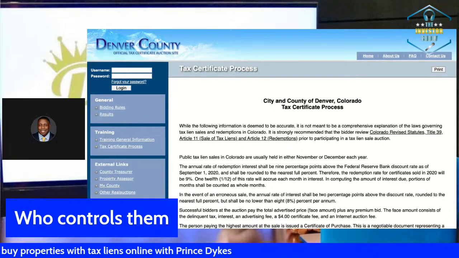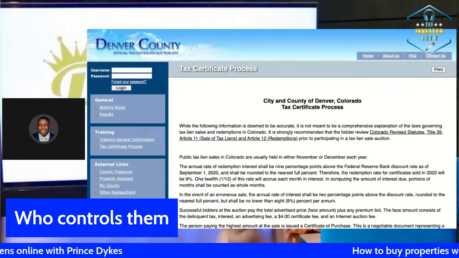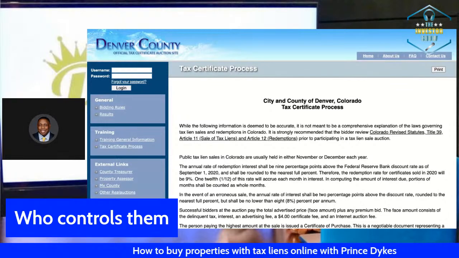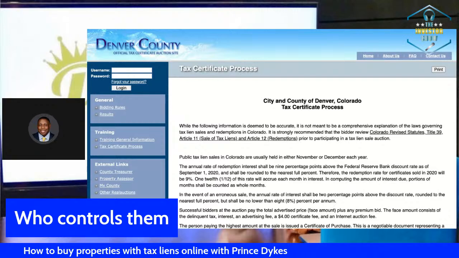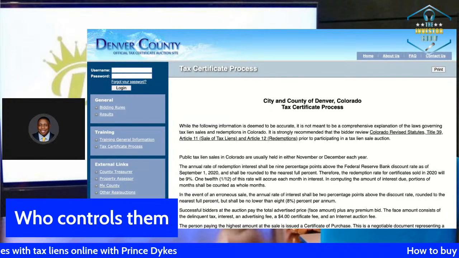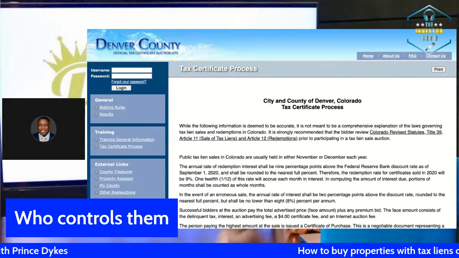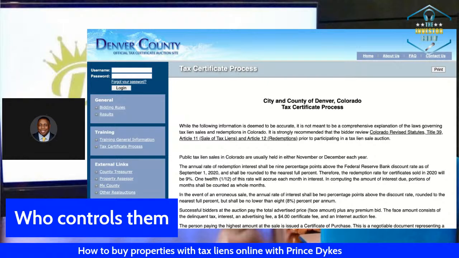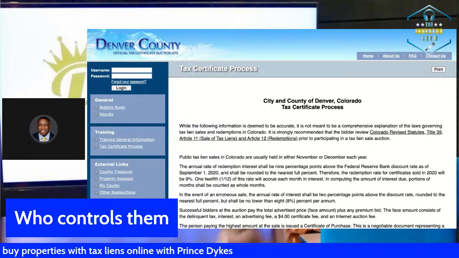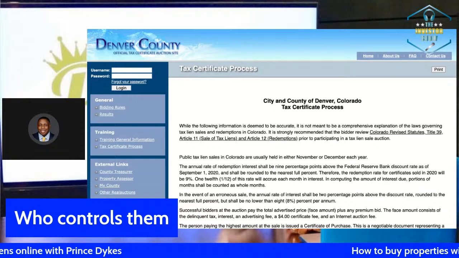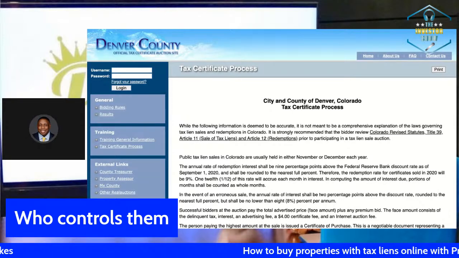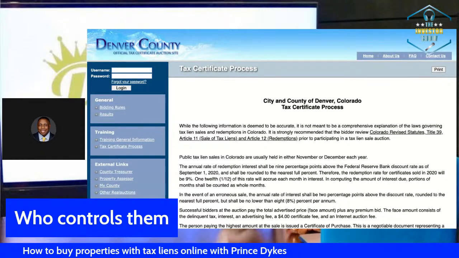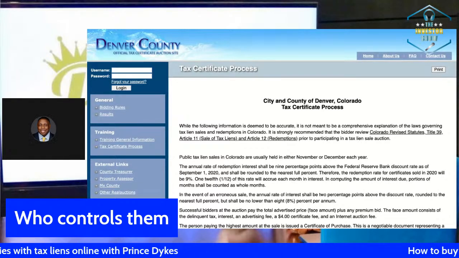Who controls them? For a prime example, we're going to be talking about land. It's usually controlled by your county tax assessor. Now, don't get in here and say, well, technically it's the courthouse of the blah, blah, blah, but it's usually controlled by your county. Somewhere in your county, all land or property is under some type of jurisdiction. Whatever county you live in, any metro area, any large city, every county is going to have a tax assessor. This is the person whose responsibility is going out and getting those taxes, and when you don't pay them, they put a lien on your property. So these are the people that control it.